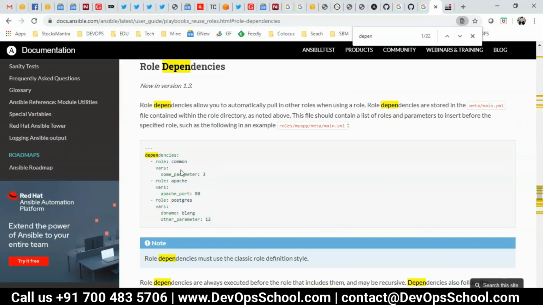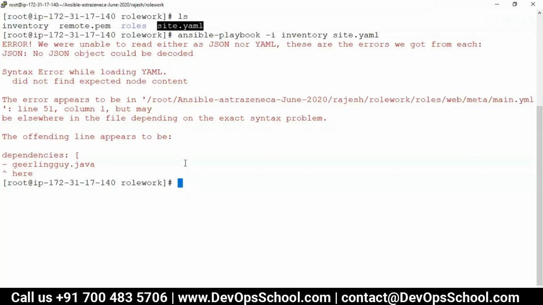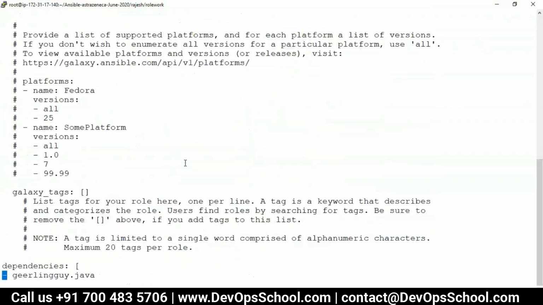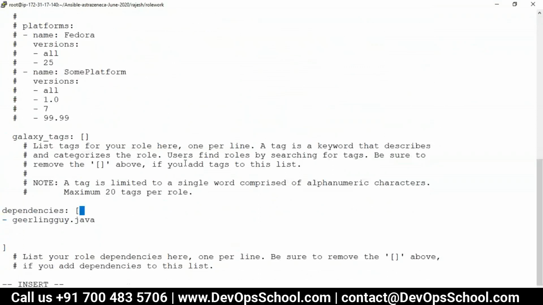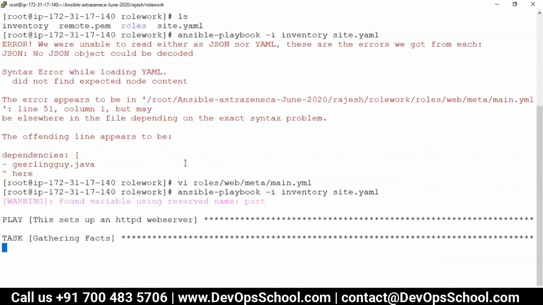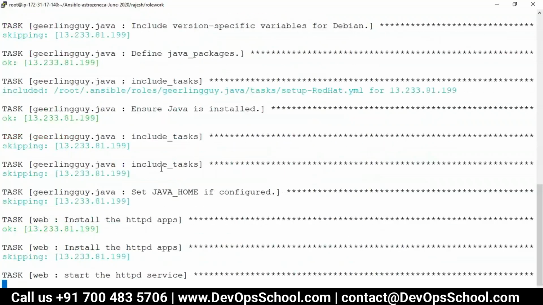Dependency. This. One, two, one, yeah. And you see here, look at this very carefully.